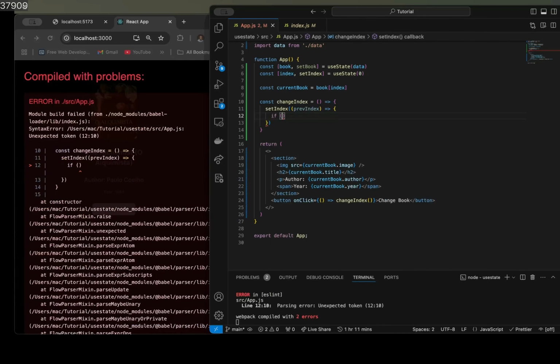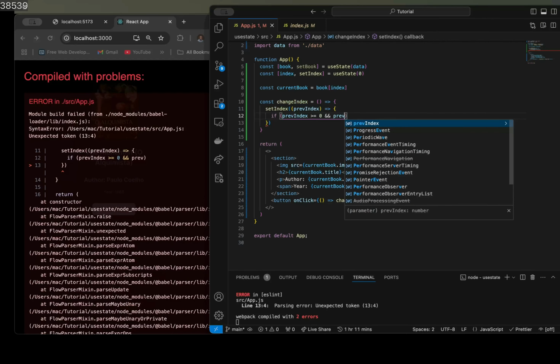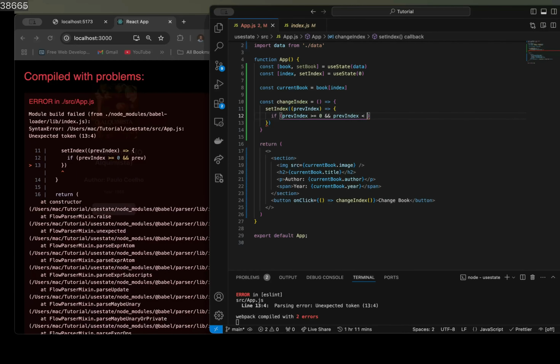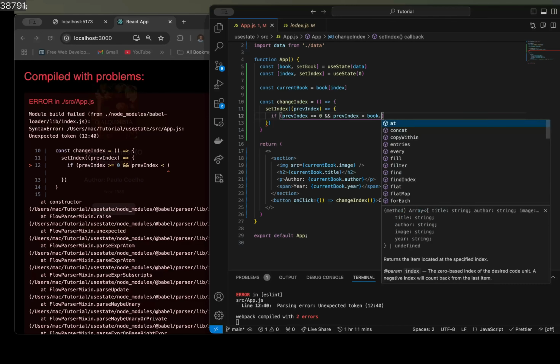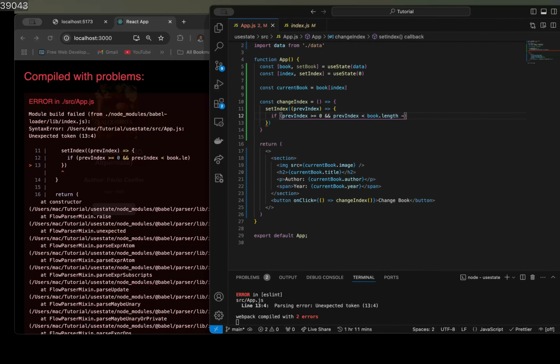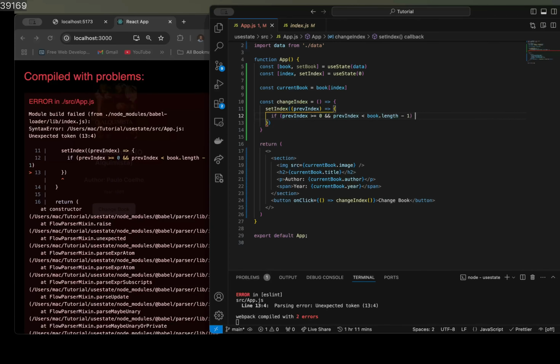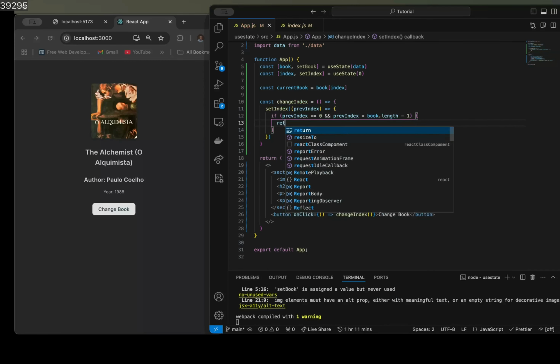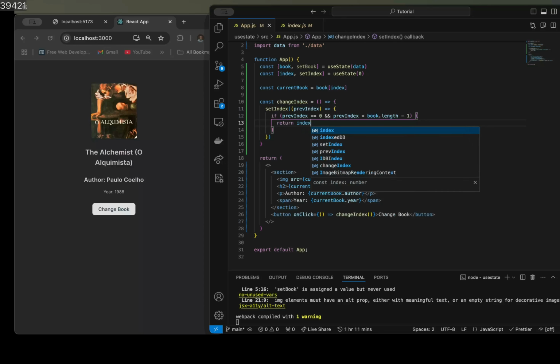If previous index is greater or equals to 0 and previous index is less than book dot length minus 1, then return index plus 1,